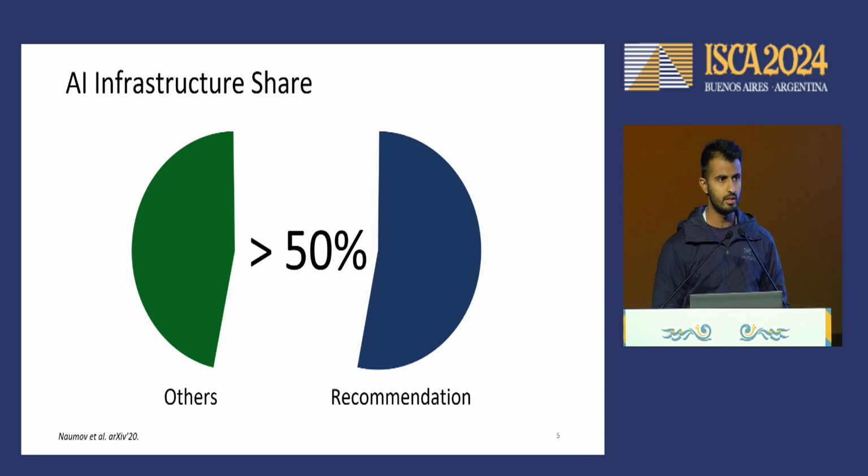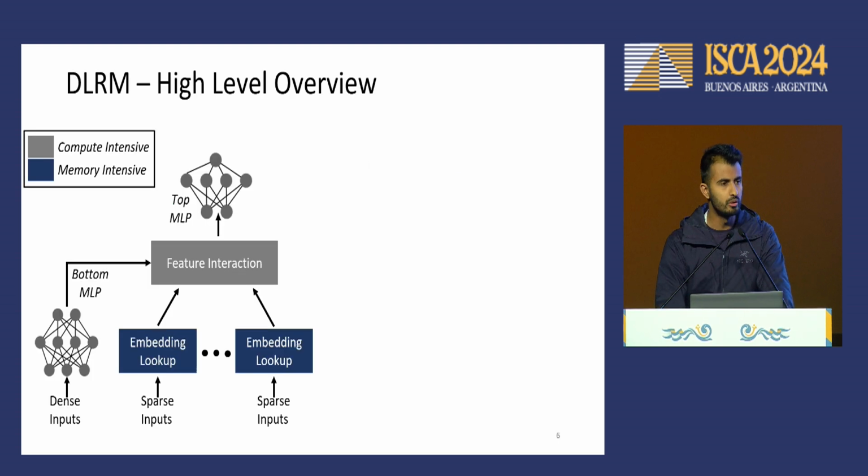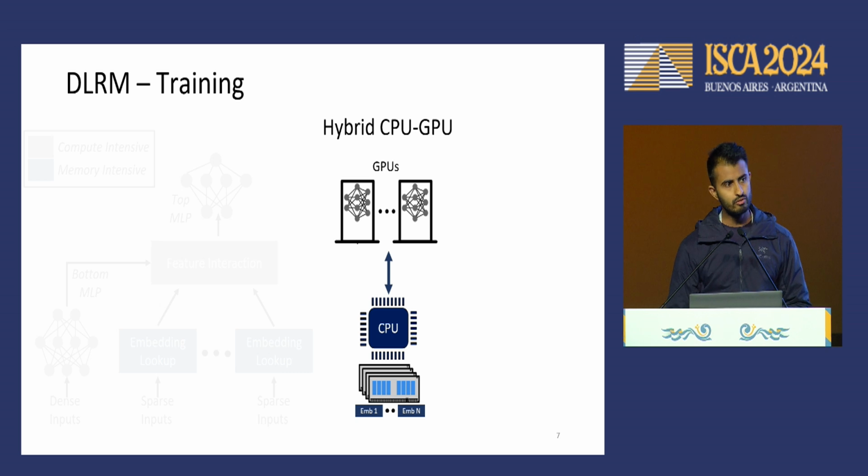Given such importance, let's have a look at a high-level overview of DLRM. Such models comprise compute-intensive neural networks that process the dense inputs, while the sparse inputs are processed using big embedding tables, which are memory-intensive and memory bandwidth-intensive. These models are usually trained either in a CPU-GPU hybrid execution mode, or in a GPU-only fashion. For hybrid execution, the GPUs are responsible for accelerating the neural network part of the model,